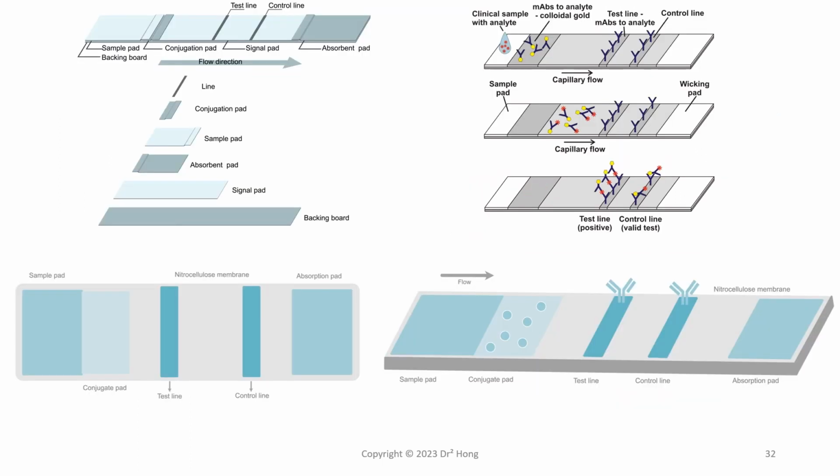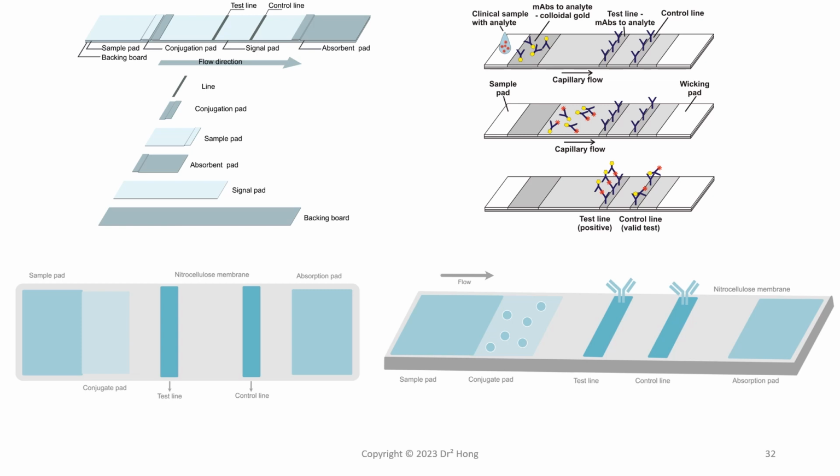The basic principle of an LFA is that the sample flows along a strip that contains immobilized capture reagents such as antibodies, and the strip is composed of a porous membrane which separates the different components of the assay. Now, the strip has a sample pad, a conjugate pad, a test line, and a control line, and that's the basic setup. Now, the sample is added to the sample pad, which contains the buffer solution and flows along the